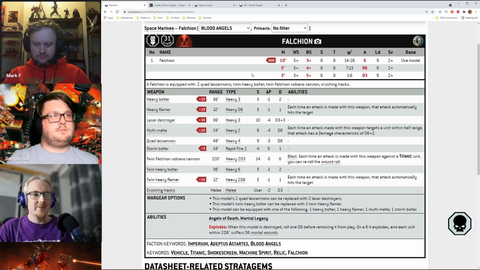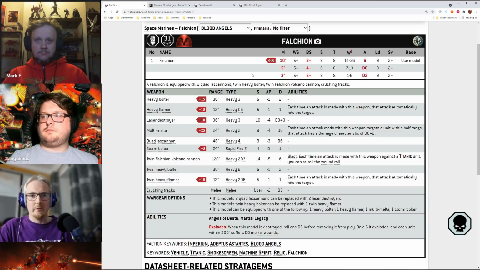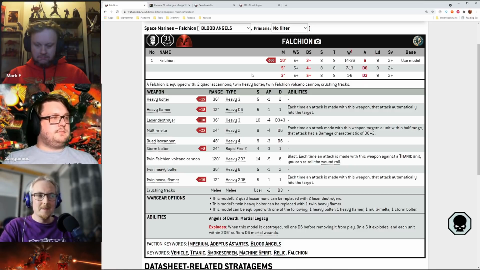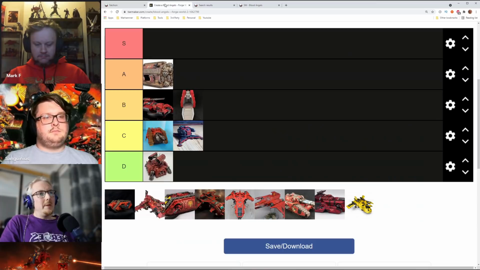Because I quite often found myself in turn 3, 4, and 5 just shooting the volcano cannon at chaff or something, because I've already killed everything else. If you don't deal with it, it's just going to delete whatever it shoots at. So, yeah, I'd be tempted...